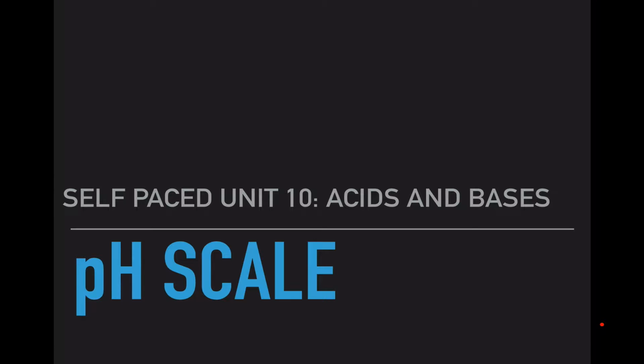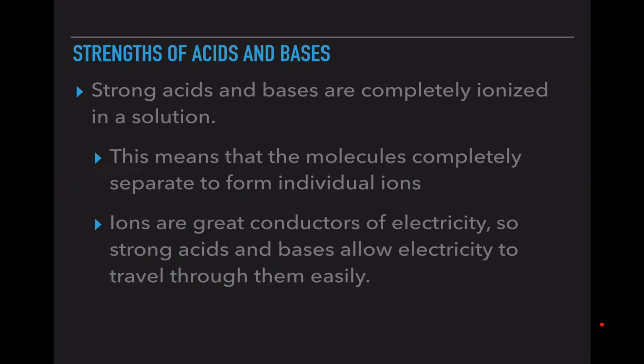Hey guys, today we're going to talk about the pH scale and the pOH scale, along with the differences between them. So the first thing we need to understand is how to find the strengths of acids and bases. Strong acids and bases are completely ionized in a solution. In real people words, that means that you separate the individual atoms from the molecule, so you have individual ions